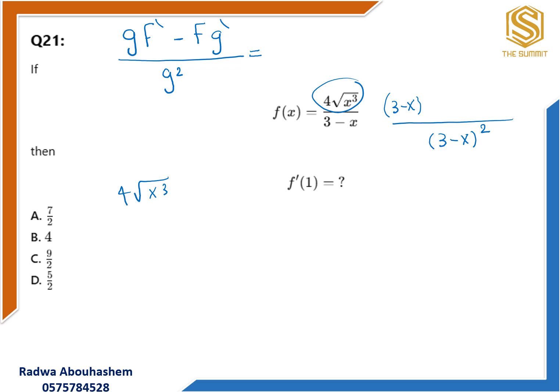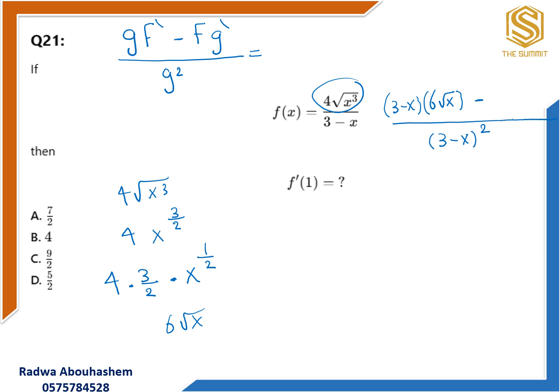Okay, here I could handle this like this. I convert it to the power 4, so it would be 4 x to power 3 over 2. Right? Good. Now, let's just take the derivative. So it's 4 times 3 over 2 times x, 3 over 2 minus 1. It will give me 1 over 2. So let's simplify. It will give me 6 root x, because I will convert again half here to square root. So this is 6 root x